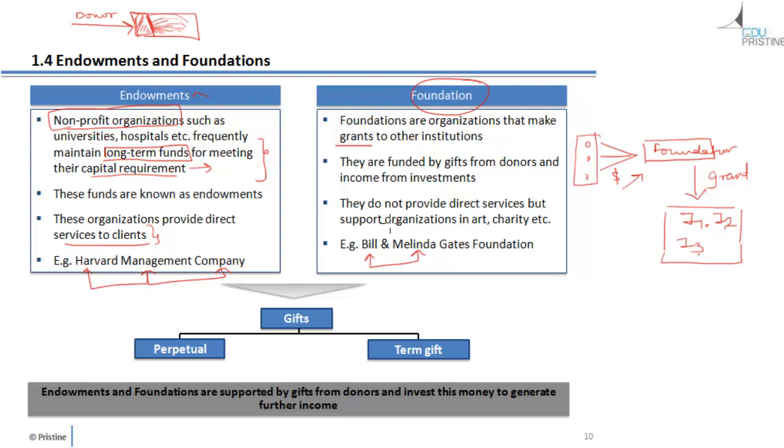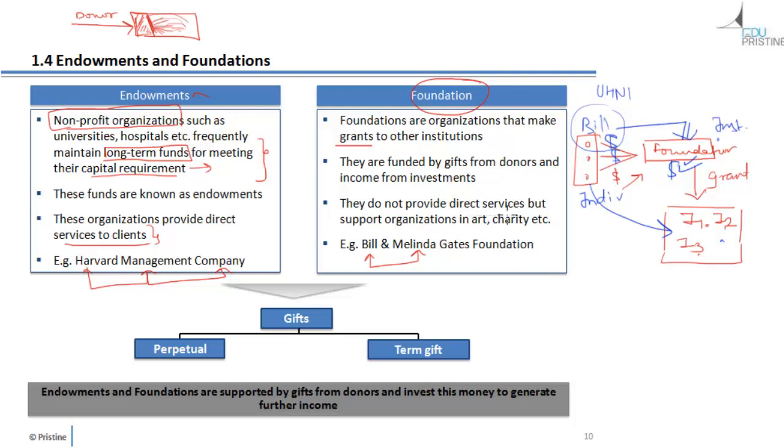Obviously these investors could have also directly got in touch with these individual institutions, but the fact that they have created a foundation tells us that there is a regular dollar flow which is coming up, and they really don't want to get into the act of investment. So the action of investment is really happening here. Therefore this foundation is part of the institutional investor. Had the individual institutes been in touch with these individual investors, like let's say Bill Gates directly, then Bill Gates would have become an ultra HNI, and then we would be falling in a different vertical.